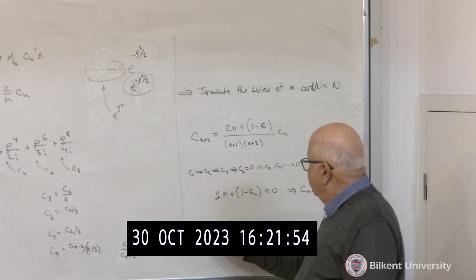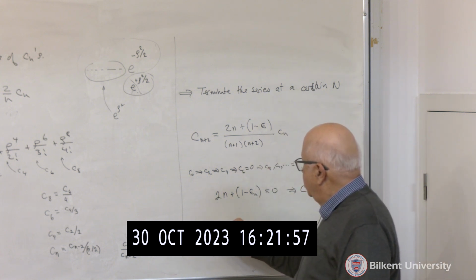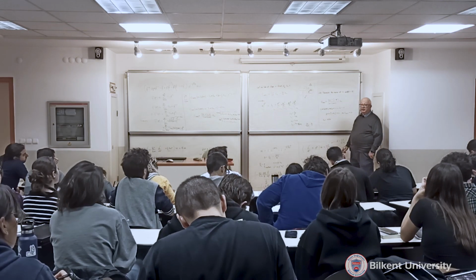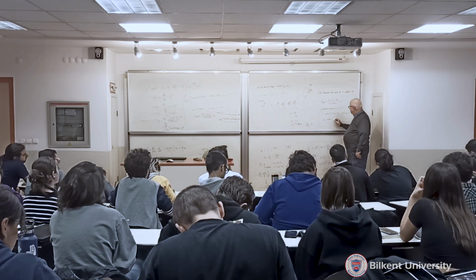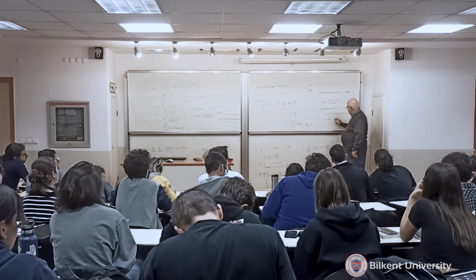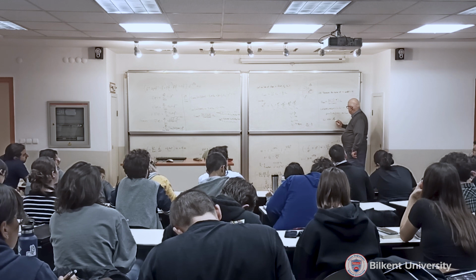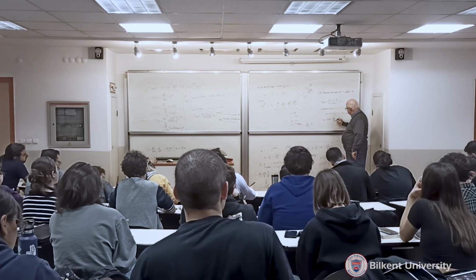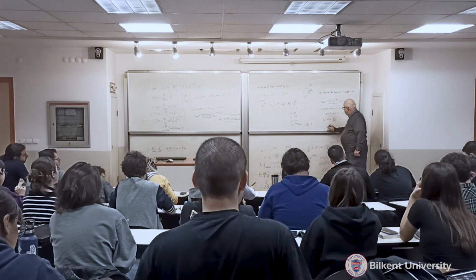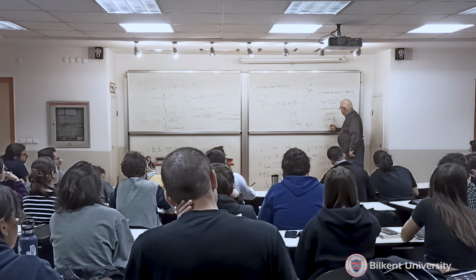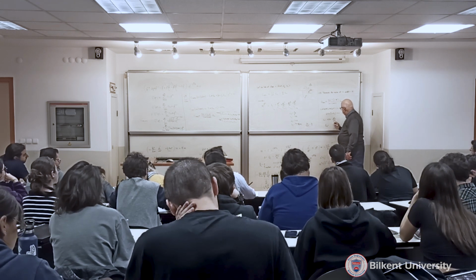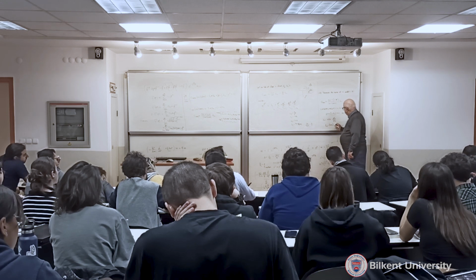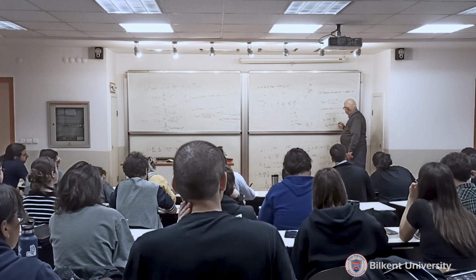So that means epsilon_n is equal to 1 plus 2n. What does it mean in terms of the energy? Remember that this is 2 energy over h bar omega c. So this is going to be E_n, which